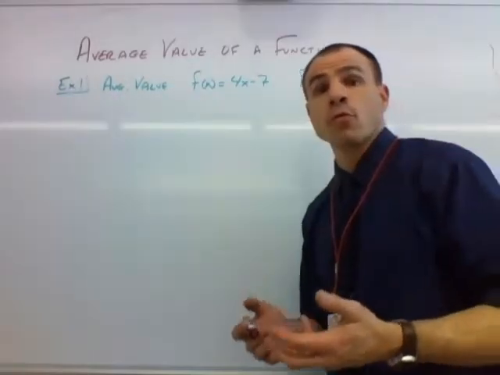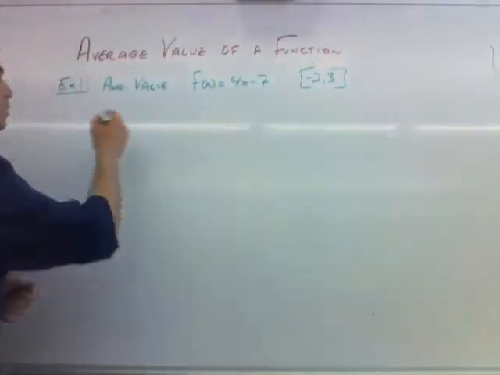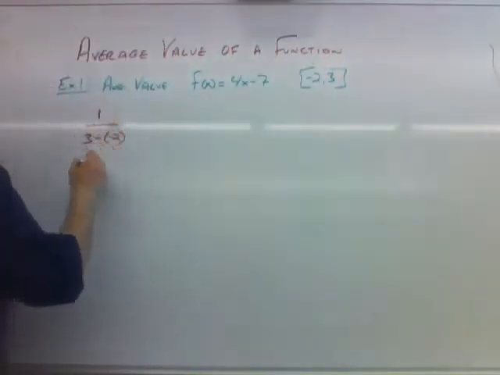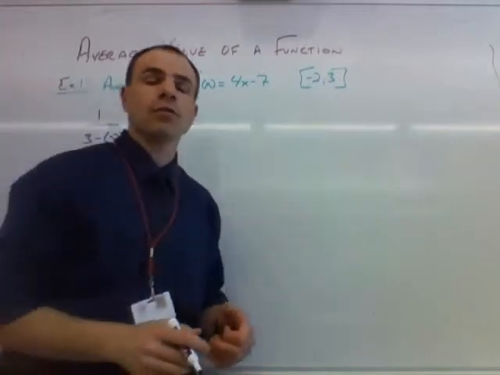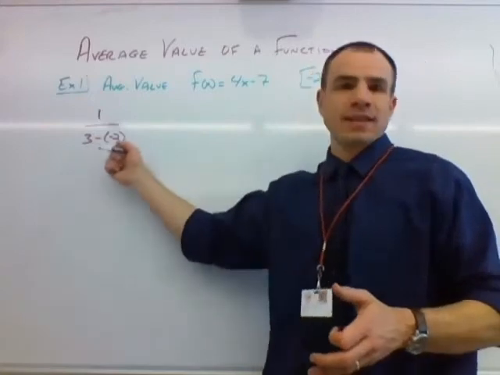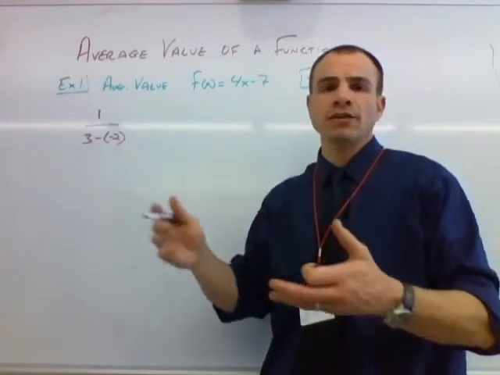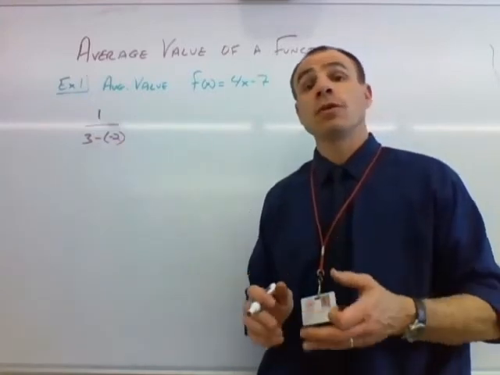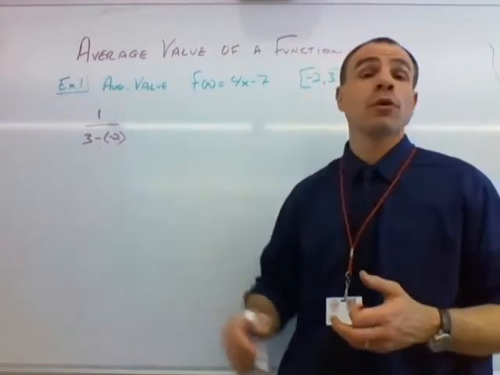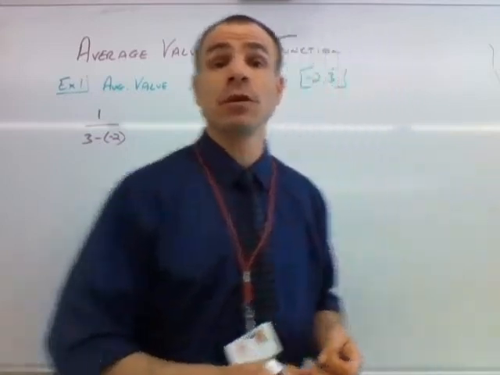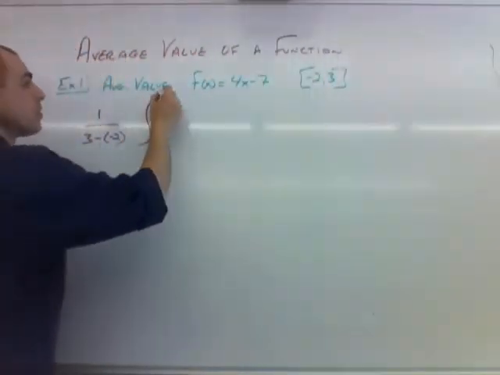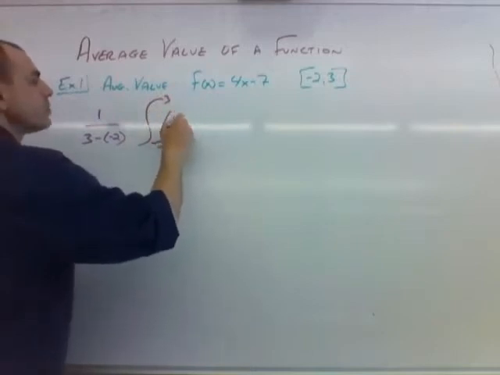We're going to start with 1 over b minus a. So we have 1 over the b term, which is 3, minus the a term, which is negative 2. And yes, you can go right to 1/5. You don't have to write this out in that regard. You can go right to 1/5 as your coefficient. That's totally fine. You just want to make sure that you have the coefficient. As long as you got the 1/5 or some equivalent version of that out front of your integral, you're in good shape. All right? So our integral from negative 2 to 3, and then our function, which is 4x minus